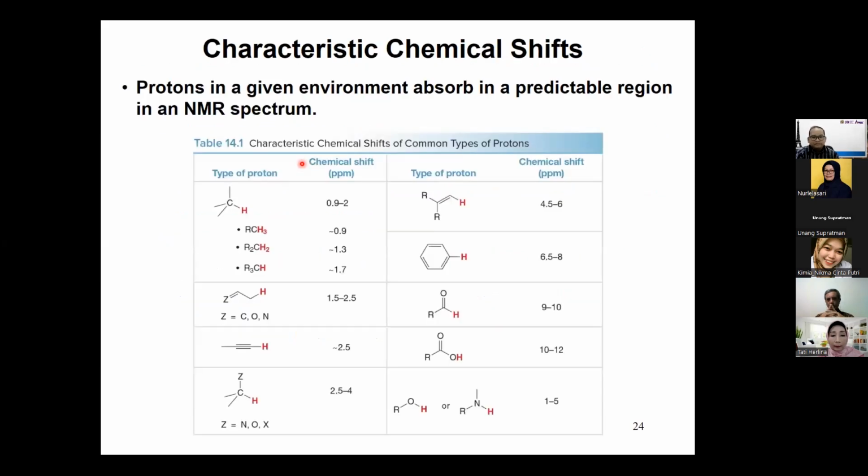This is the general characteristic of chemical shift. For example, for the alkyl CH3, the region is 0.9 to 2. Also for alkyne it is 2.5 ppm. If you have a heteroatom, it is shifted to 2.5 to 4 ppm. If you have alkenes, it is 4.5 to 6 ppm. The aromatic region, which we will touch after this, is around 6.5 to 8 ppm, because